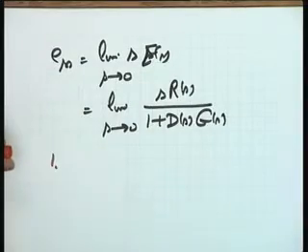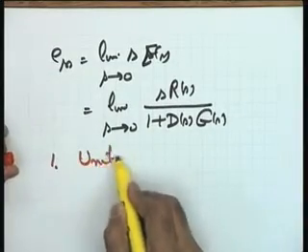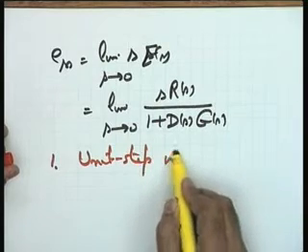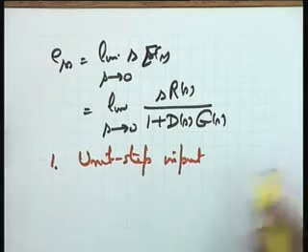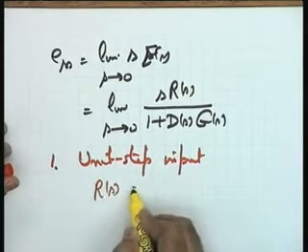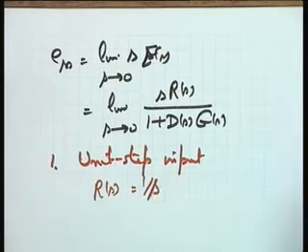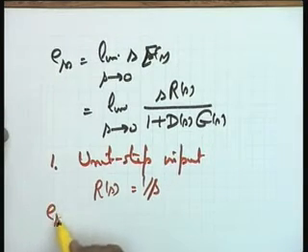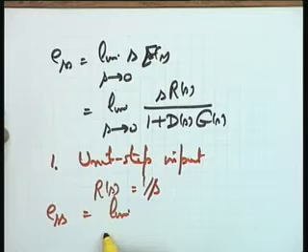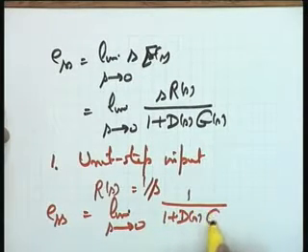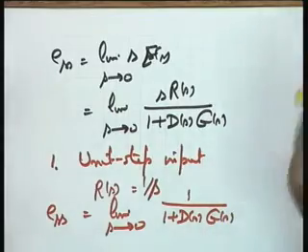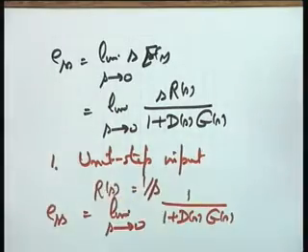One, a step input. So let me say a unit step input, because that really does not matter, as the steady state error will be scaled up or down depending upon the magnitude of input I am taking. For a unit step input, you know R(s) equal to 1 by s. Okay, and therefore your e_ss becomes equal to limit s tends to 0. Look, it is 1 over 1 plus D(s)G(s). With s cancelled, the limit is given by limit s tends to 0 of 1 over 1 plus D(s)G(s). Okay.